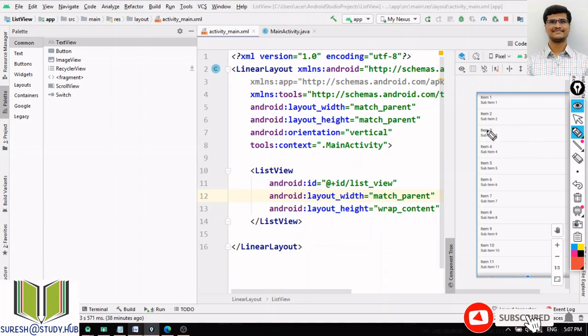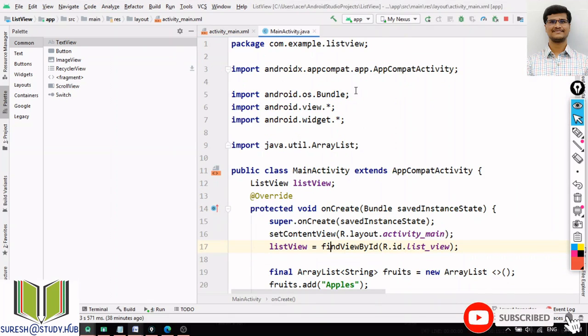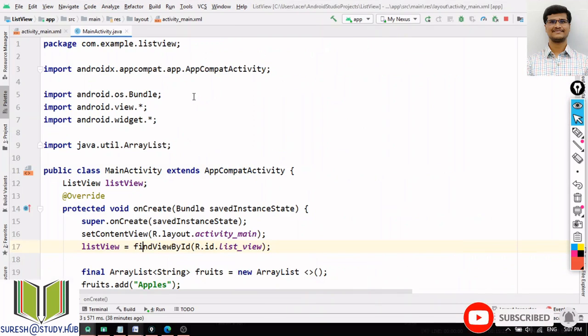These items I have to fill by using the array adapter, or a cursor adapter. Whatever the adapter, I can use different types of adapters. Three types of adapters are there. So for this one, first what I am doing over here is,